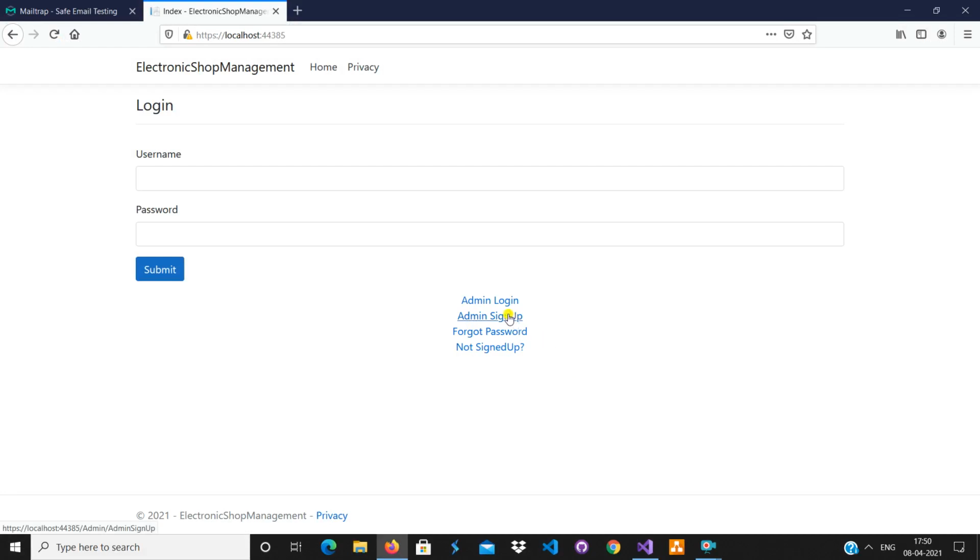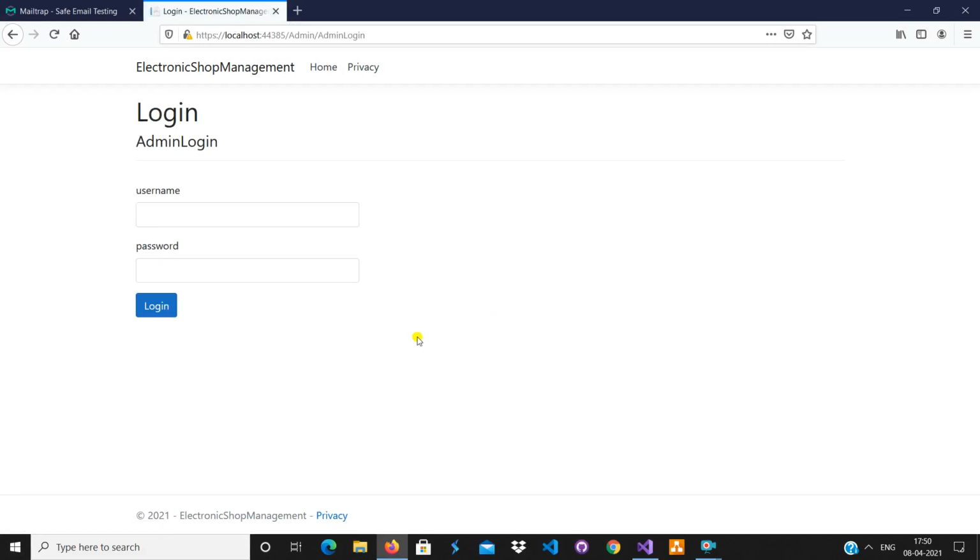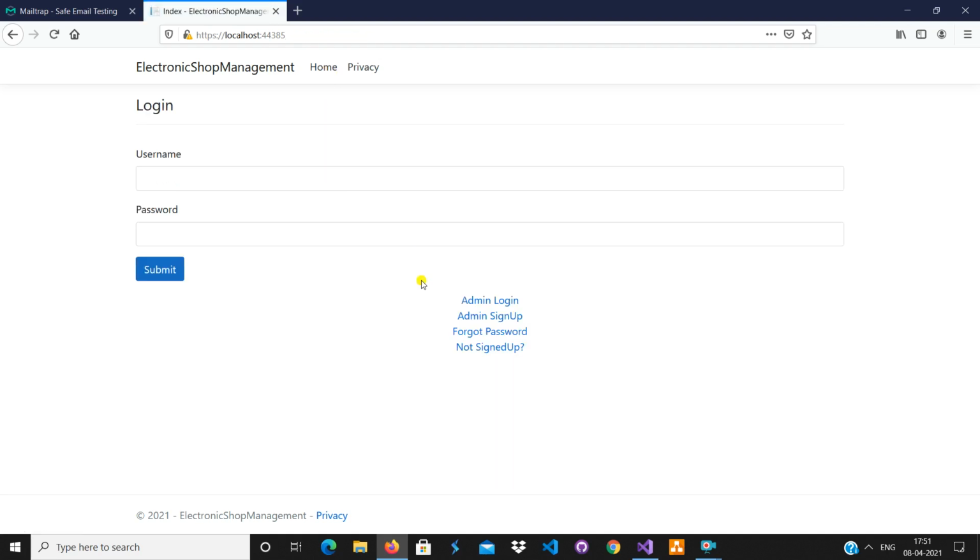Before I show you the customer sign up and login, let's say if the owner again tries to sign up, he would be redirected to the login page. He would not be able to sign up again. In this software, I have not kept the provision of having multiple admins. As of now, I have kept only a single admin provision. In future, if the owner wants multiple admins in this system, then I'll have to expand. This is a feature which can be done in future.